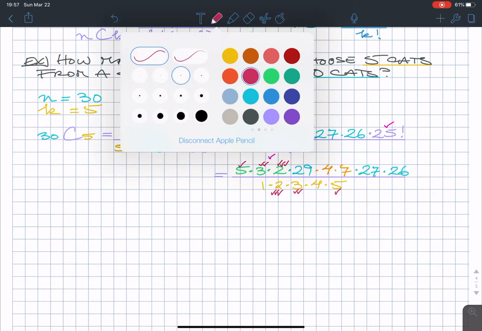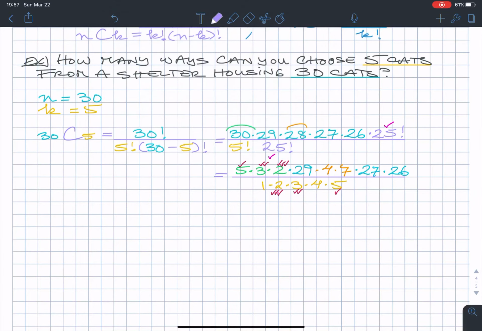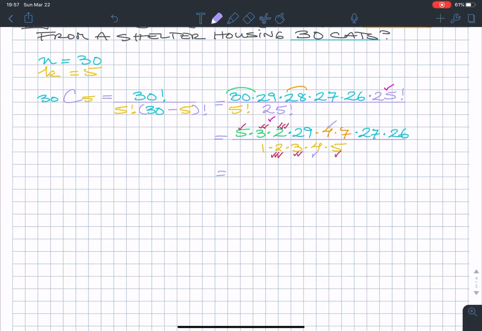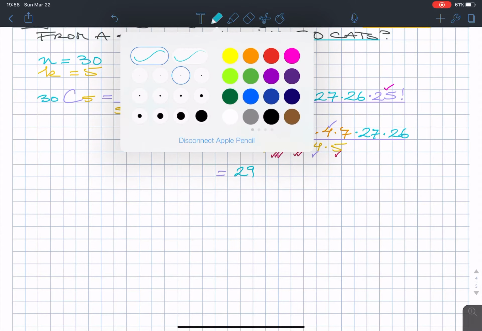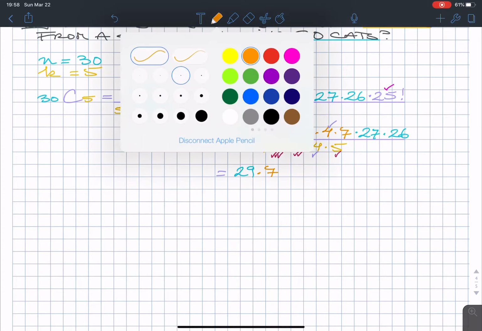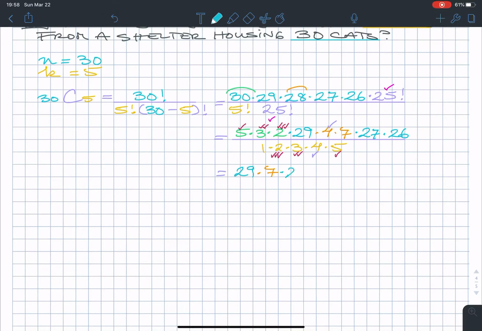And then finally 4 reduces with 4. Okay, so what remains here will be a 29, a 7, a 27, and a 26. And I'm sure you guys can do the math on your calculator, but